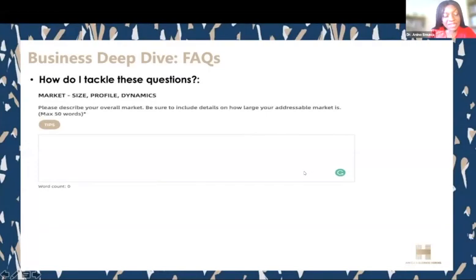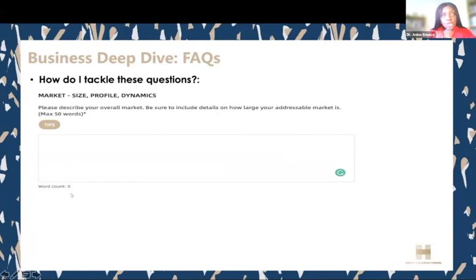We need to understand how big the potential is for your business, right? And then even with that, you're looking at the obtainable market, what is realistic, and then break it down. I'm not sure what the currency is, but say, for example, put it in one currency, probably dollars, right? And have the total addressable market, the serviceable available market, SAM, and then your serviceable obtainable market, the market you